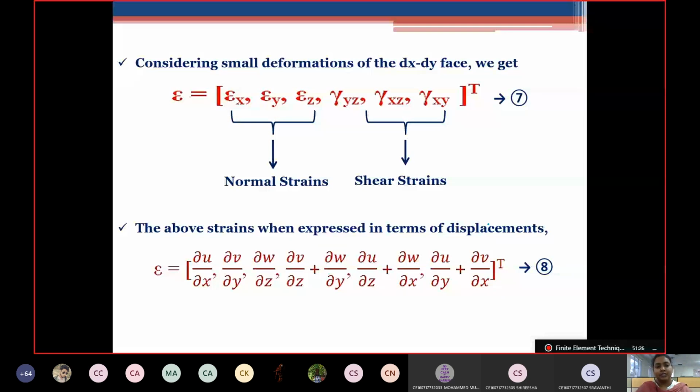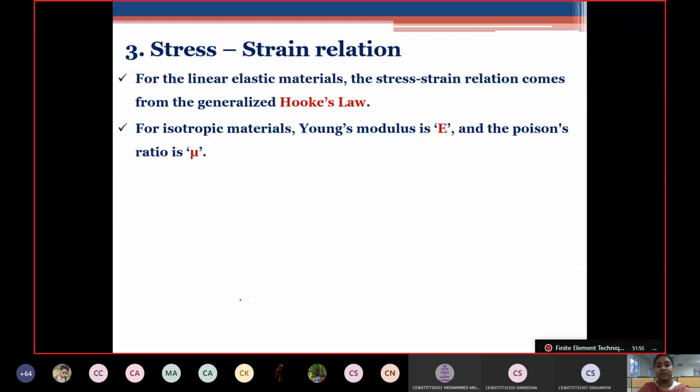Now we are done with the stress equilibrium equations. That was point number 1. And point number 2, this equation number 8, is the strain displacement equation. Strain related to displacement. Previously we saw stress equilibrium equations. If we have displacements and we have to find out strains, you can directly find them in this way. Going forward, we have to find out the relation between stress and strain.